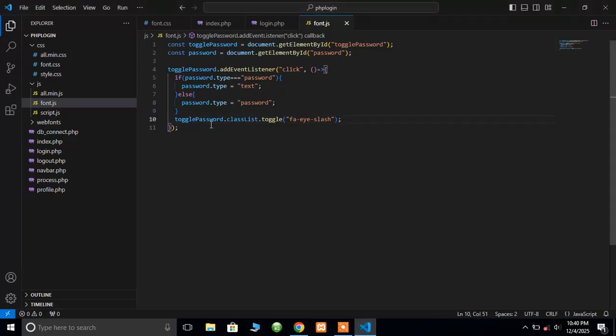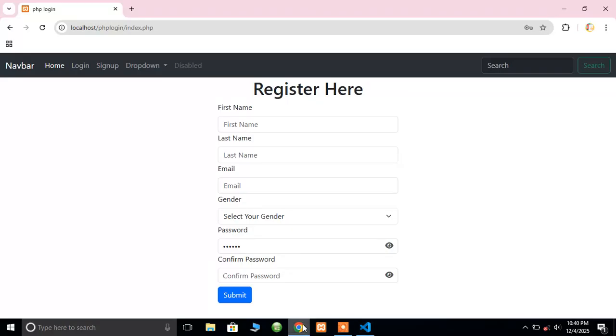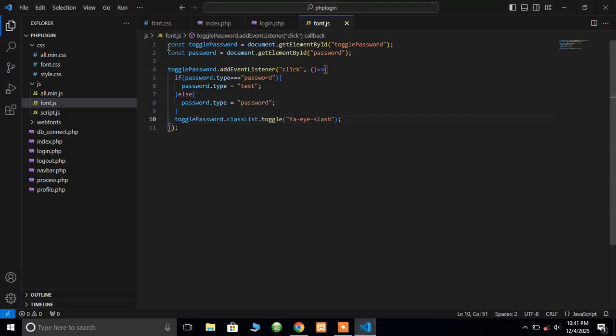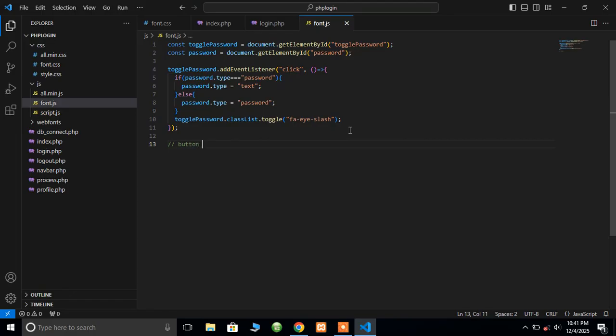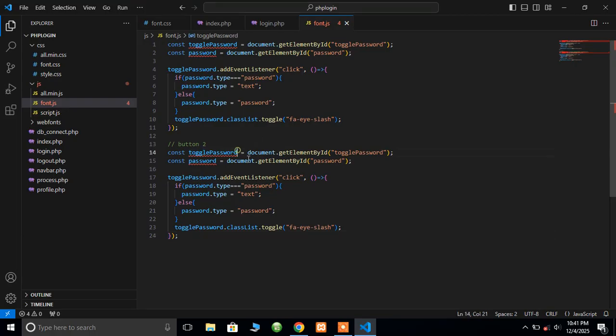Let's go there again, and then we copy the whole thing, because the buttons are two. So we have got the first one, we must get the second one. If I click now, nothing will happen. So we have to do the same thing for button 2. Please copy everything, Control C. You can even put a comment here, button 2. Then you paste it here